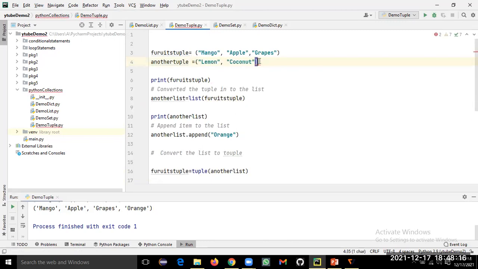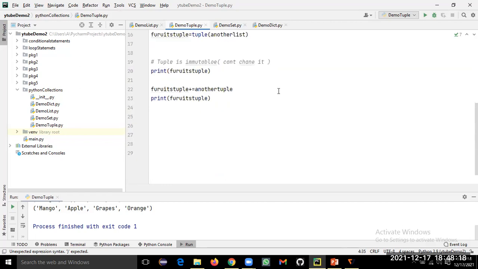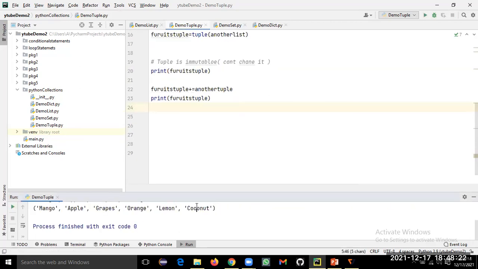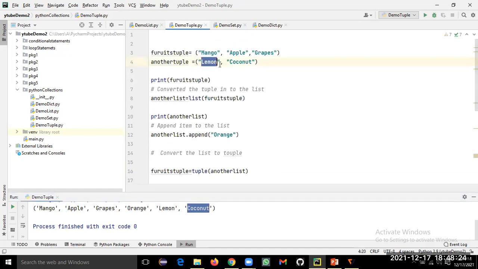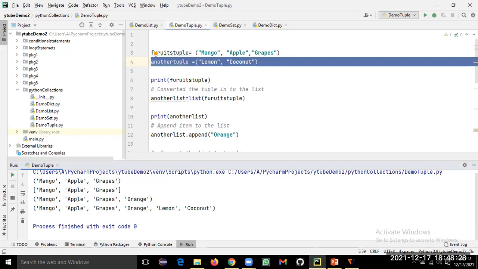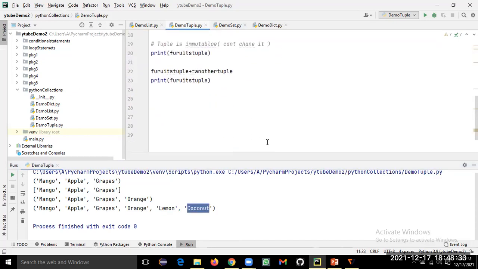This will not be a tuple until we give it round brackets. So if I print it, we can see lemon and coconut are also added. So these two are additionally added with the help of this adding tuple.